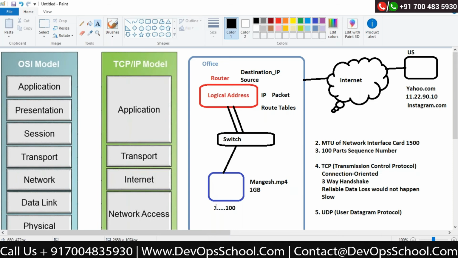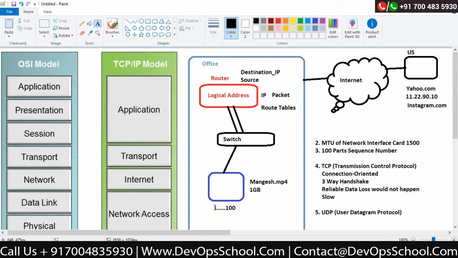Then he will take the first part of the data, because this data is segmented. I cannot send a 1 GB file, so he will take the first sequence number and send it to Instagram. Once Instagram receives that data, it will send the acknowledgement back to my client that it received part 1.